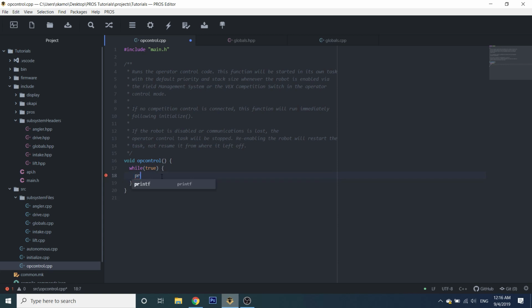Another thing you want to do is delay at the beginning or at the end of this loop by 10 milliseconds. The number that you put here in the parameter is the number of milliseconds to delay. The reason you do this is because the motors themselves, I believe, update their values, their voltages, every 10 milliseconds. So if you don't have this here,